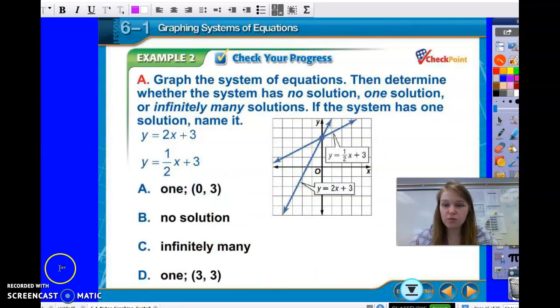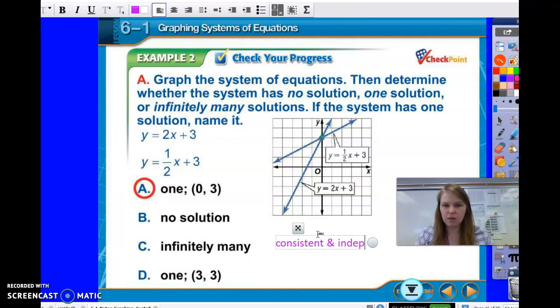Let's look at one that you try. So pause right here, see what you can do. When I worked through this one, these are nicely in slope-intercept form, so I would use this one. I would go up 3, and then use our slope up 2 over 1, so we end up with this line. This one also has an intercept of up 3, and then it has a different slope. We go up 1 over 2 for our slope. And it looks like it does cross in one spot, so I would call this consistent